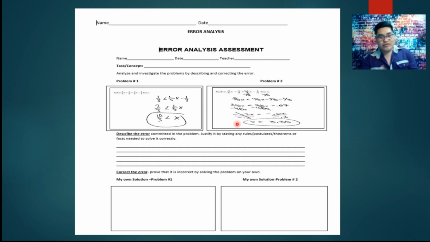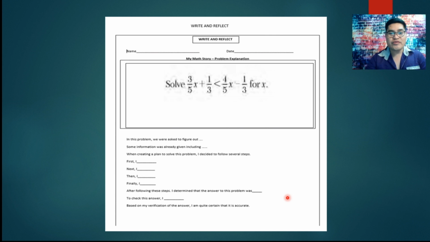So in this approach, you ask the student what are the errors committed on problem 1, what are the errors that have been committed on problem 2. So let the student write, and let the students also solve the problem on their own. So this is the use of error analysis assessment. So basically, I'm demonstrating how to incorporate rigor when it comes to writing. Okay, so one of them is through the use of error analysis. Another example,